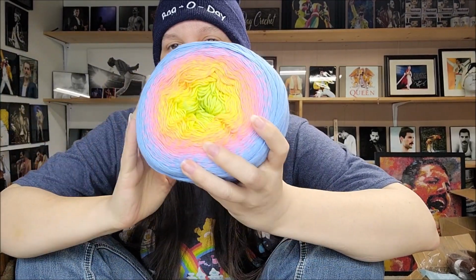But for now, I am going to keep a couple of the yellows. I have more than this. I even have some I didn't even open on camera. I'm ashamed to tell you that, but whatever, I did it. It's probably not a shock to you guys. Anyways, I do have quite a few of all these colors that I just showed you. I can't keep them all, but I am going to keep 2 yellows for a Freddie Mercury inspired project. I'm going to keep this one for my daughter,